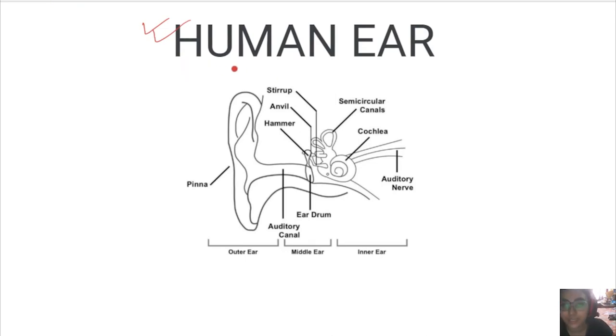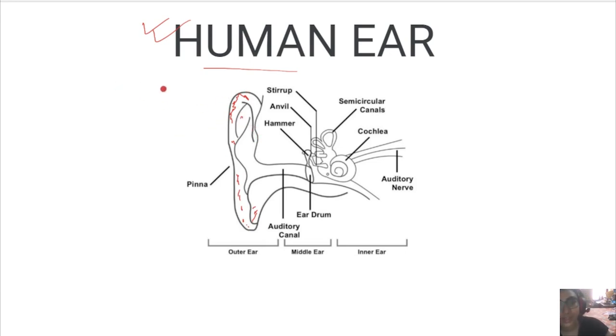You'll also study about it in biology. So this is the internal structure of the ear. What does it consist of? This is the outermost part of your ear, like the skin portion. That is called the pinna. Just color it. This portion is basically your pinna, the skin flap and the cartilaginous part inside it.